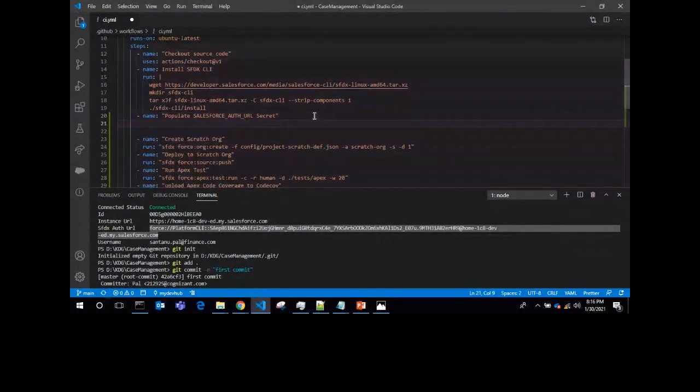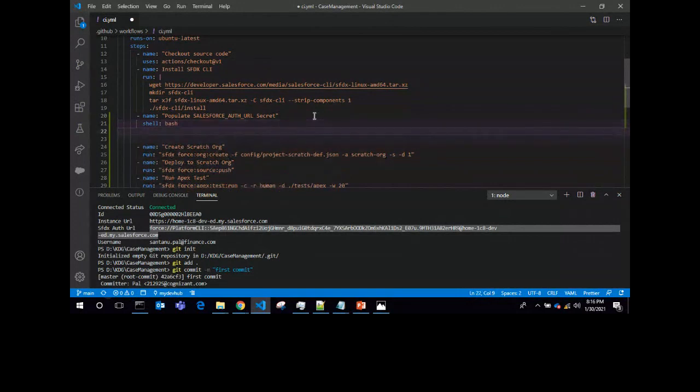This is a shell script, so I can write bash. Next, I can write echo secrets dot. Basically this command will copy the secret Salesforce auth URL to the text file of the virtual machine.